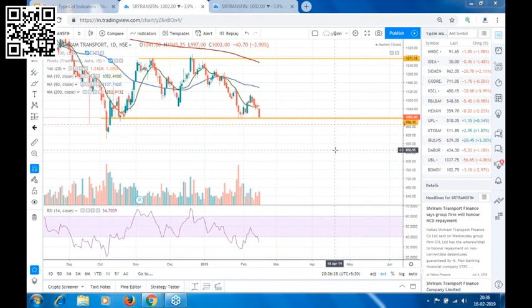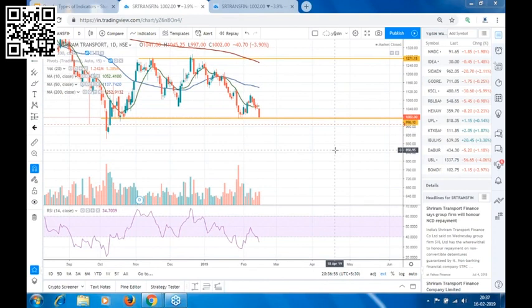So our decision will be based on the daily time frame. Then we'll do the top-down approach. If we think that the stock is looking good as per our technical setup, then we'll check the weekly time frame, then the 4 hour time frame, and then the 1 hour time frame, and then we'll decide our entry level. We'll mark all the support and resistance levels, and then based on that we'll decide our entry level and our targets.